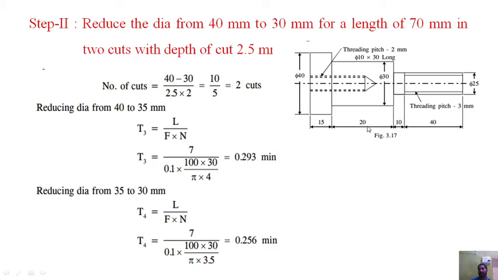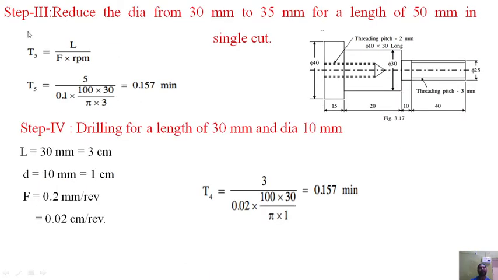Now the turning left is only for this length. So we have to convert it into 25 mm dia for a length of 40. So the next step is reducing the dia from, now it is 30 throughout for a length of 70 here. Now this portion is finished, should not touch this portion. We have to turn here for a length of 40 plus 10, that is 50. We have to make dia from 30 to 25. So 5 mm means diametrically it will be 5 mm. It will be possible in a single cut.